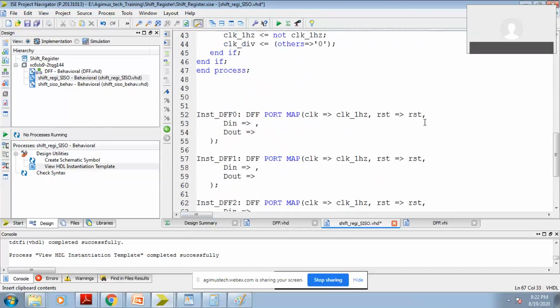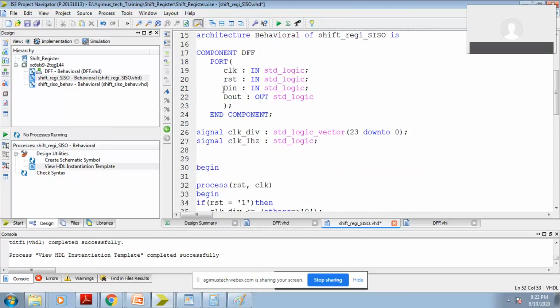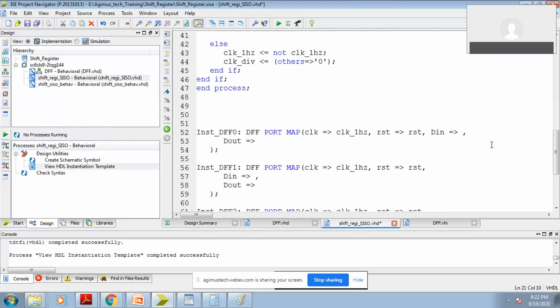Now what we have to do is assign the D in. D in for the first flip-flop should be your input D in, and D out will be an internal one. So what is that?